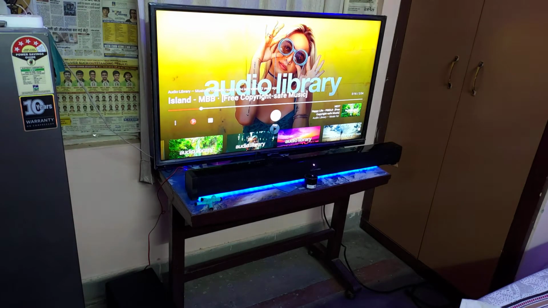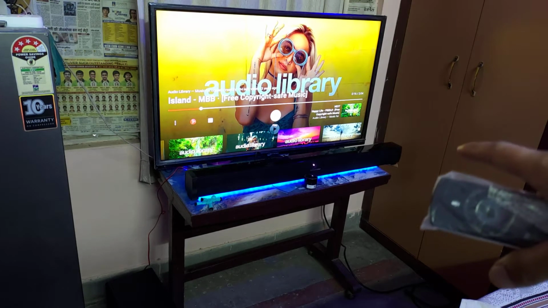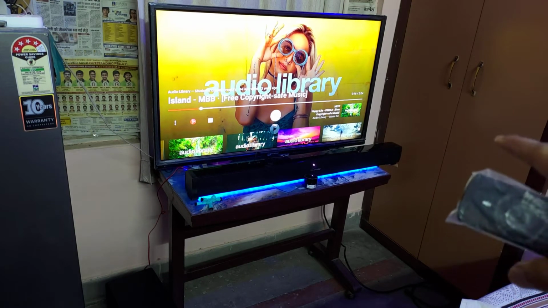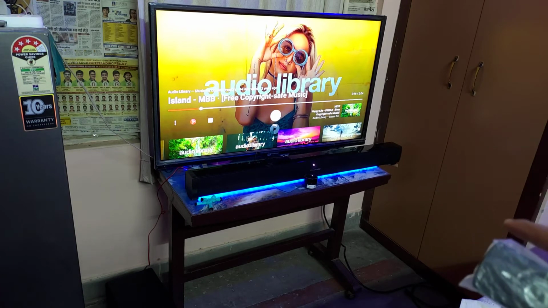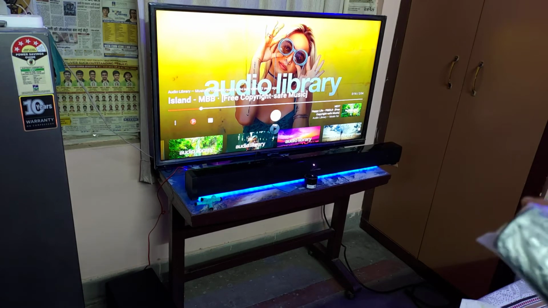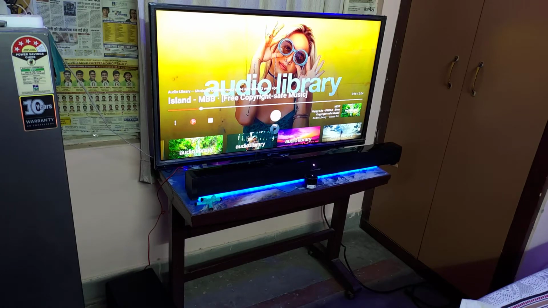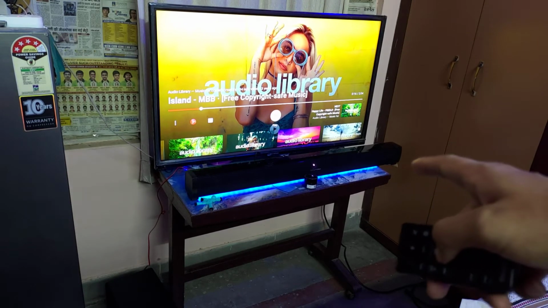One thing you need to consider is that this soundbar doesn't have any screen, so you are never able to know at what volume level it is right now. So many times it happens that I change the input but I forgot to change the volume. So the volume is very low, and when I try to change the input, I'm not able to understand what input it is. So there is one thing given by CloudWalker, which is using lights.